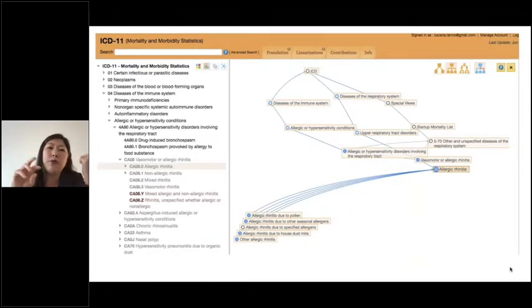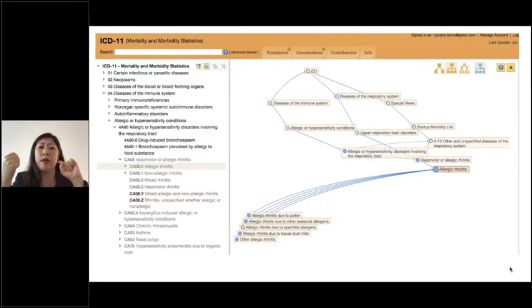As you may see in the next slide, I brought an example from allergic rhinitis. When we look for this condition, we can reach allergic rhinitis through the new chapter in which allergic conditions are now classified. That means chapter 4, diseases of the immune system, but through the diseases of the respiratory system as well. And under allergic rhinitis, we have sub-conditions that give more detail for the disease.